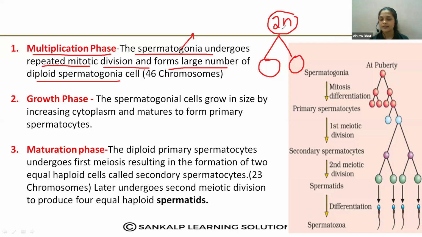When the diploid cells undergo mitotic division, how many daughter cells are produced? In the mitotic division, how many daughter cells are produced? Yes, very good. 2 daughter cells are produced. What is the ploidy here? When a diploid cell or haploid cell undergoes the mitotic division, 2 daughter cells are produced. The ploidy will be the same as the